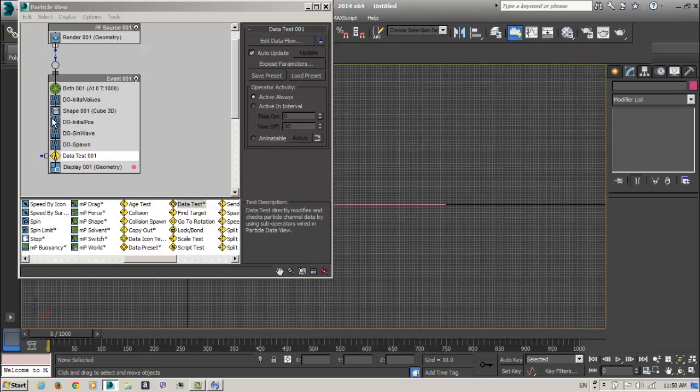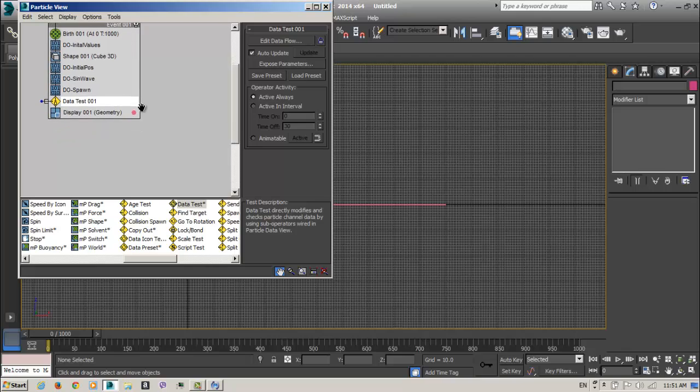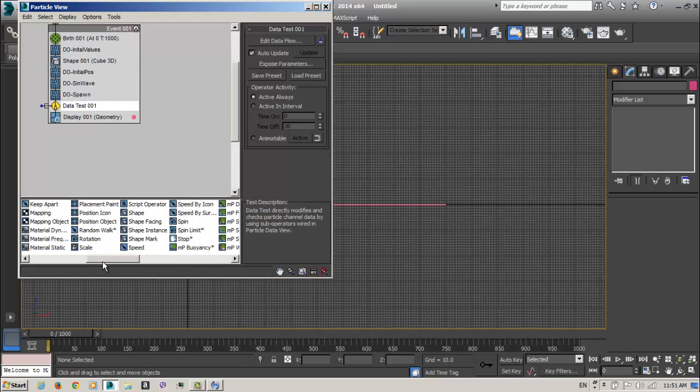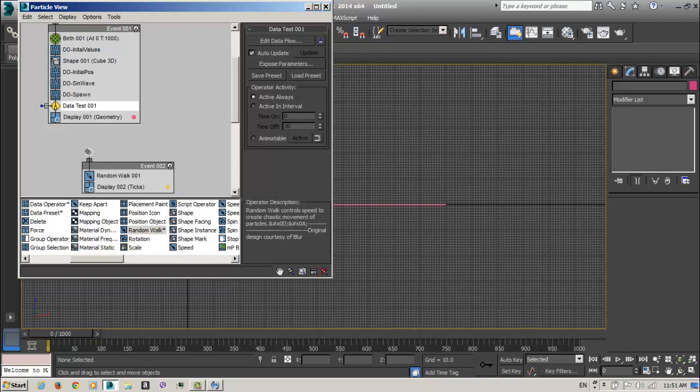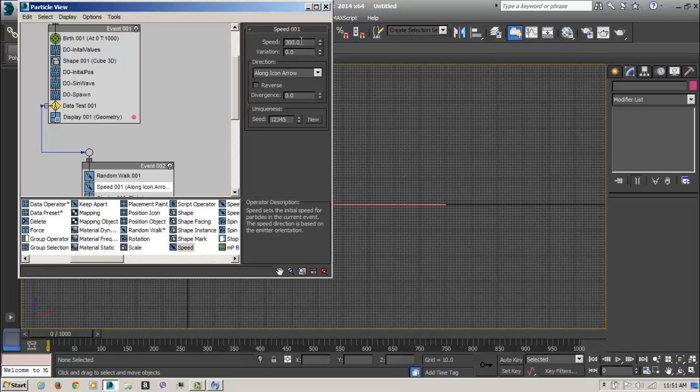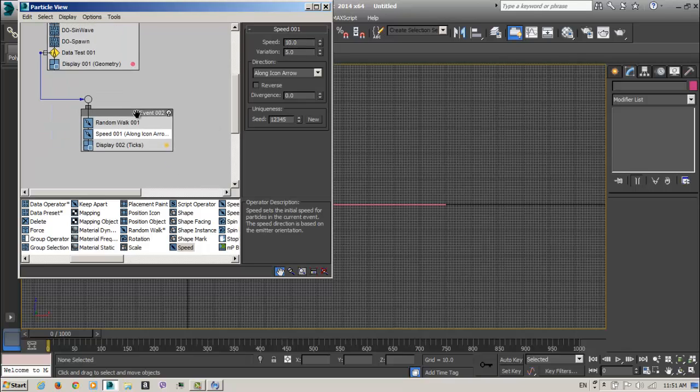So the new particles will go to the next event, and in the next event what we will have is a random walk, a little bit speed, and you can change it whatever.